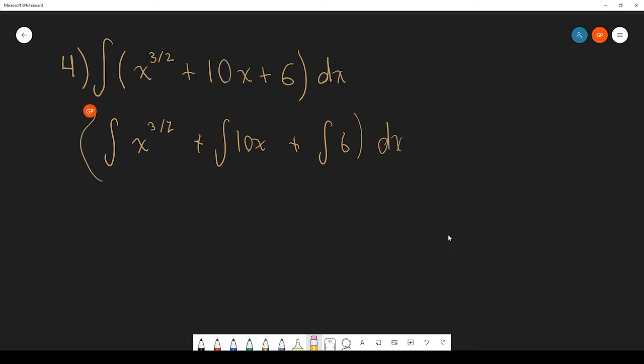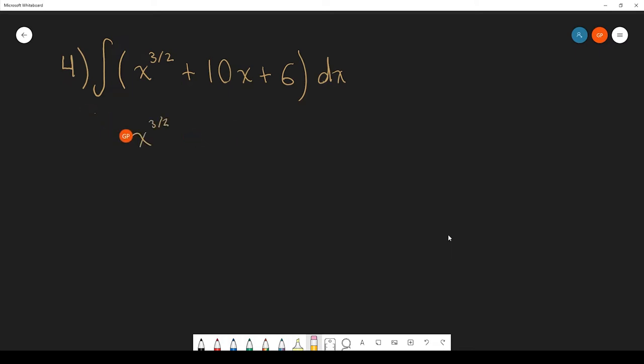So when we do this, we're essentially just going to apply the reverse power rule to each term. So I'm going to make some space to do that. We're going to start with x to the 3 over 2 power. We're going to write it down, and we're going to add 1 to the exponent, and then we're going to do it on the bottom as well. 3 over 2 plus 2 over 2. Then this is going to become x to the 5 over 2 power over 5 over 2. We're going to simplify this further by dividing the fraction, giving us